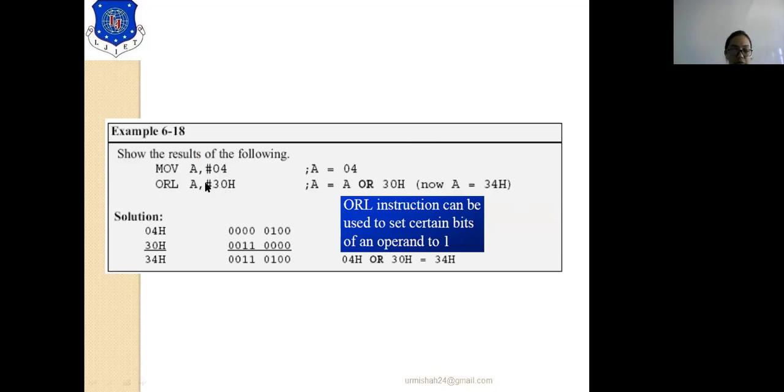So 04 ORed with 30, the final answer will be 34H. So 0 plus 0 is 0, 1 plus 0 is 1, 0 plus 1 is 1, and if 1 plus 1 is there, it will also be 1. This way you will perform the OR operation and save the final result in the destination register, which is your accumulator.